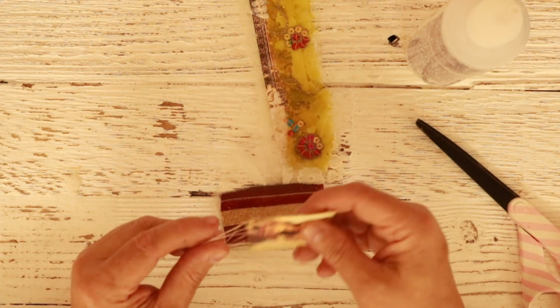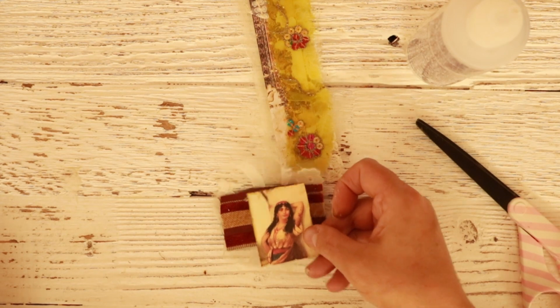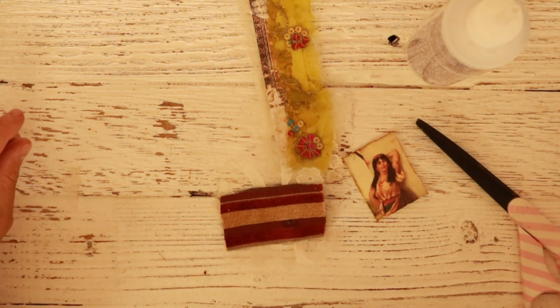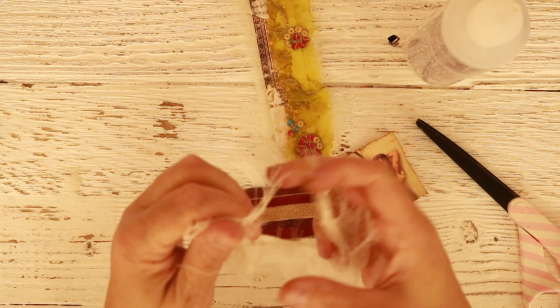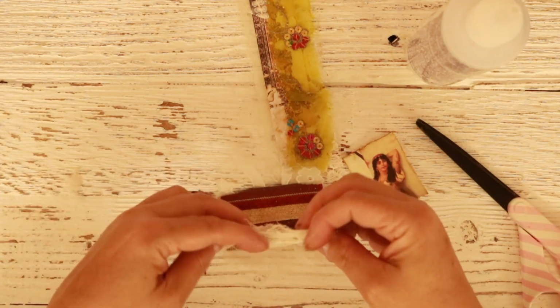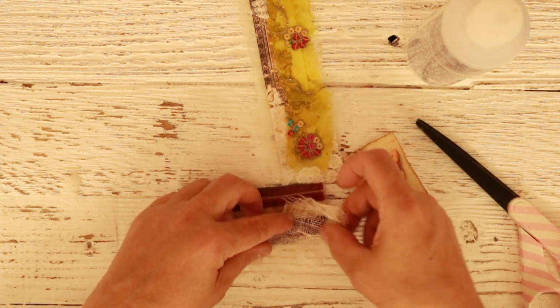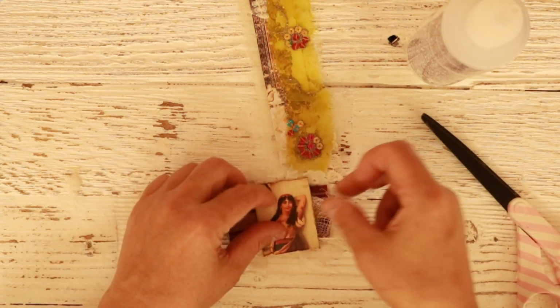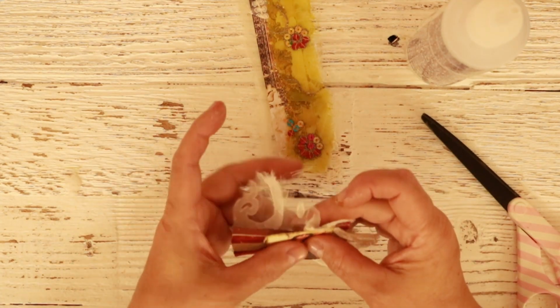So I thought maybe it's not enough layers. I have some cheesecloth because I love cheesecloth on everything. So we can do a little piece of cheesecloth. Let's rip this baby up. Let's see if we can have a little cheesecloth kind of peeking, maybe. Oh yes, okay, perfect. Oh yes, I like